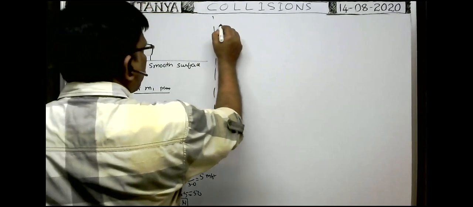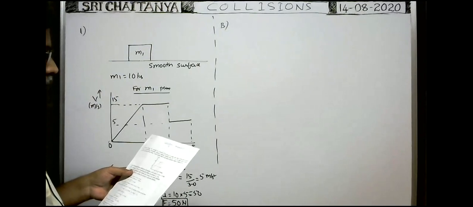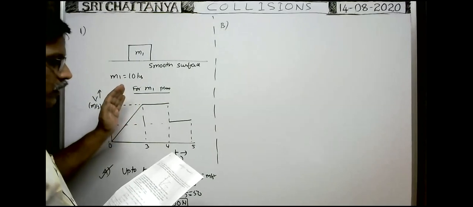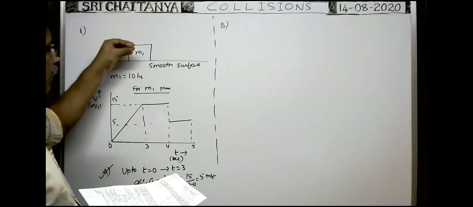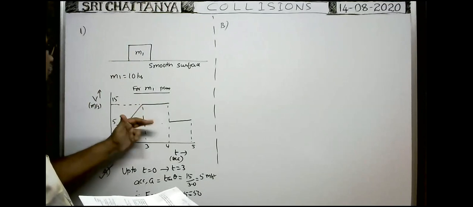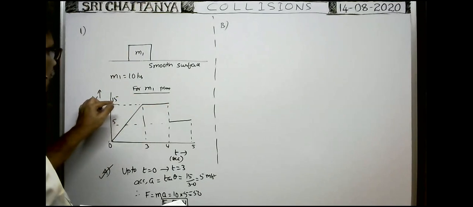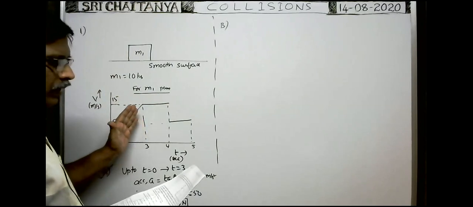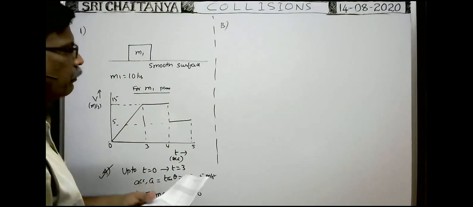Next, option B. Speed of the second particle just before the collision is 1 meter per second. Here you see in the problem, at t equal to 3 seconds, the force stops pushing the object m1. The force applied on the body stopped. So after 3 seconds, as no force acts on the body, it travels with constant velocity. The constant velocity is given in the diagram, 15 meter per second. That's why after 3 seconds, the force acting on the body stopped and then it collides head on and sticks to another object of mass m2.